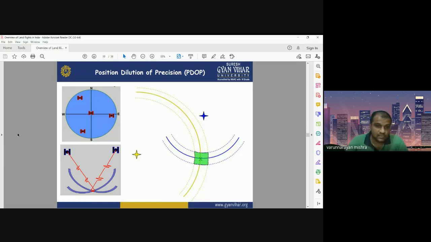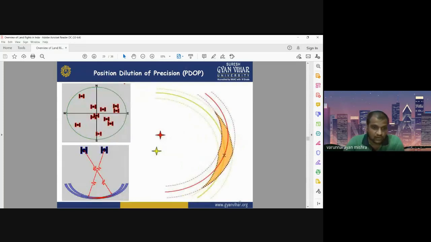So here, if both satellites are at specific positions, separated by some specific distance, you will get very accurate positioning. Here x is the positioning. Okay, you will get very good and accurate positioning. And if satellites are not well distributed, they are very close to each other, so your positioning will be affected, meaning your accuracy will be less. Here the positioning is x, but its accuracy is not much in comparison to the previous constellation of the satellites.